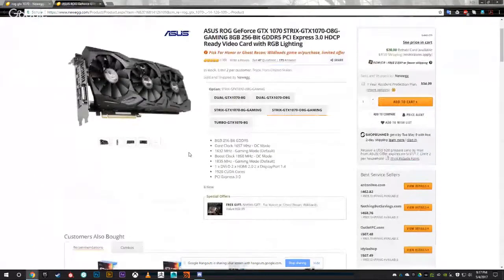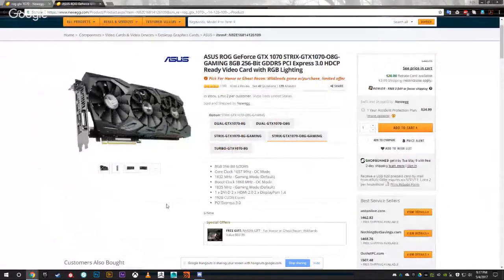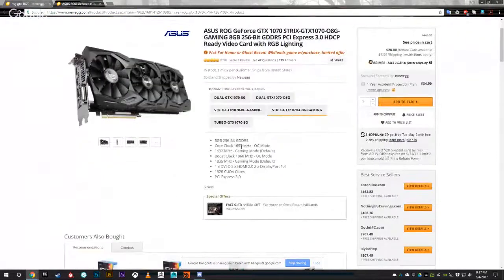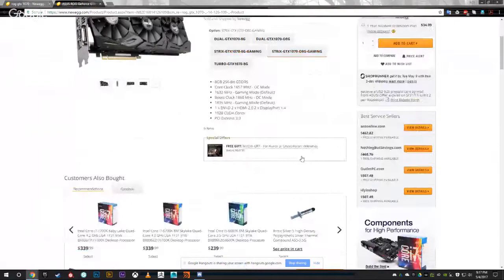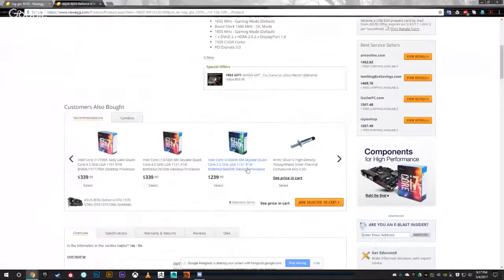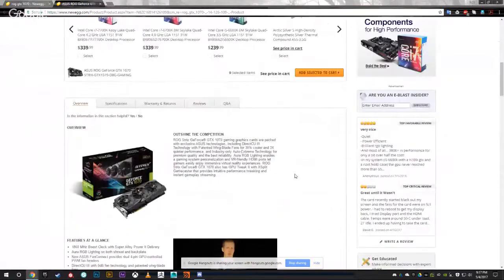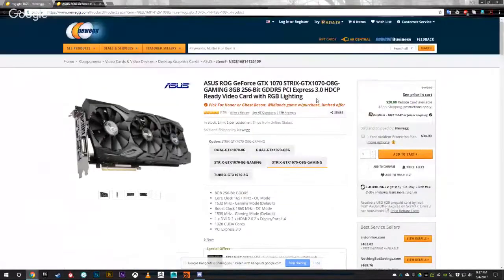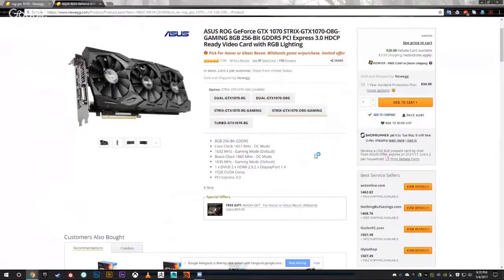So when you get a video card, you want to look at the actual speed of it, because not all video cards are the same. You can get two 1070s and put them side by side, and even though they're both 1070s, one will actually be a lot faster than the other based on what the clock speeds are. If you go on something like Newegg, what you'll want to do is add this to compare. And let me show you. Let me go over to